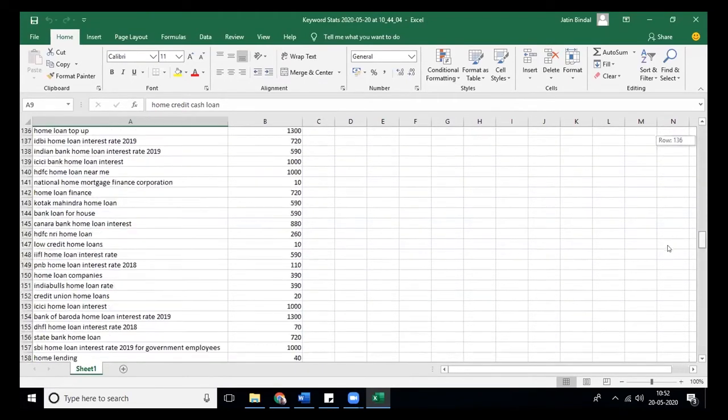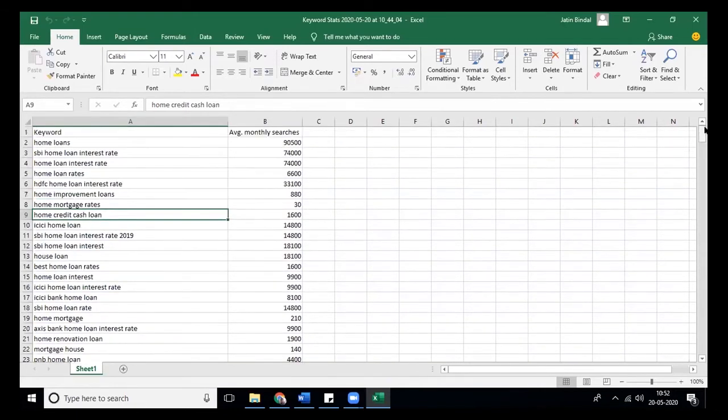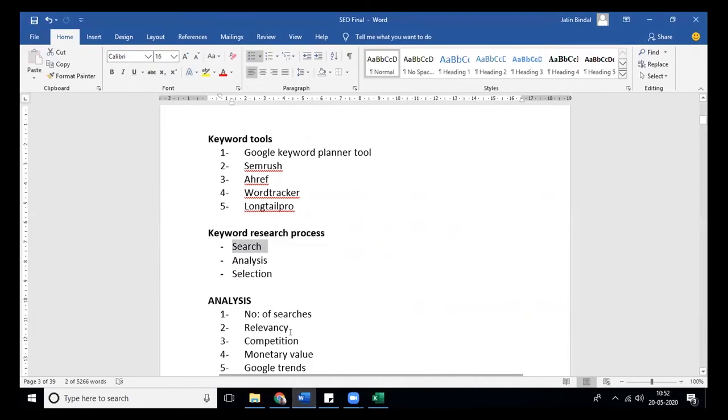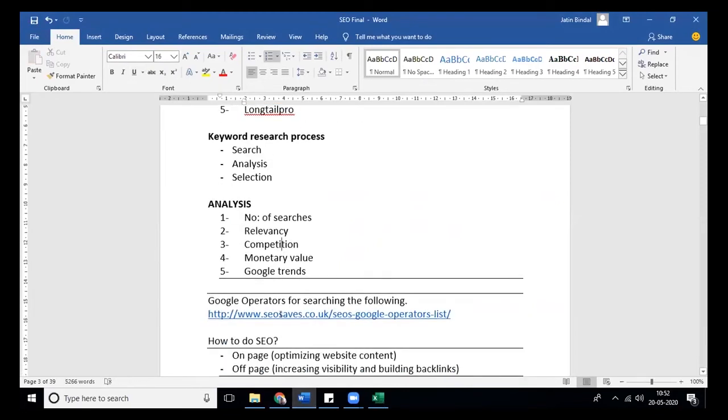For that, we can't go through 300 words again and again. So we have to set up some criteria so that we can avoid looking at 300 or 290 words again. How to do that is to look at the keywords based on monthly searches.